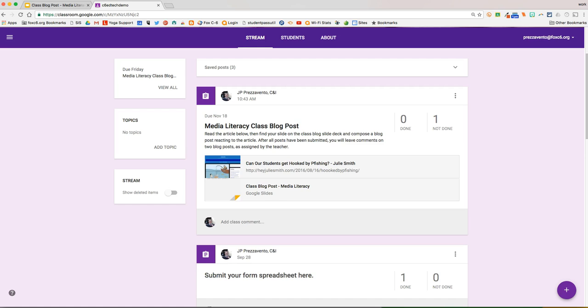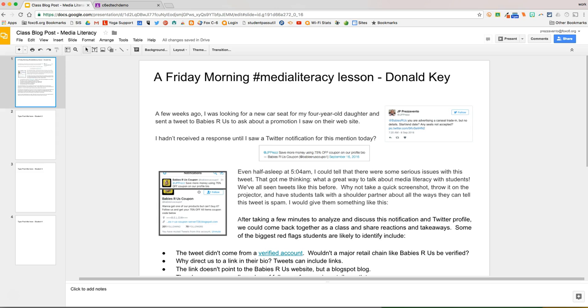Now, all students in this class will be able to open up this slide deck, see which slide is assigned to them, read the article, and compose their blog post in response to it. Next, let's take a look at what a completed blog post may look like. Now that this student has finished his blog post, and we'll go ahead and assume our other students have completed theirs as well,